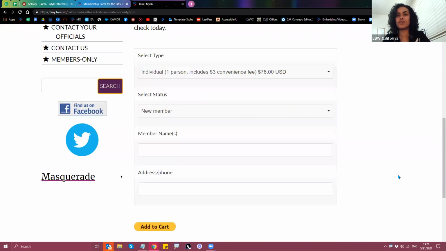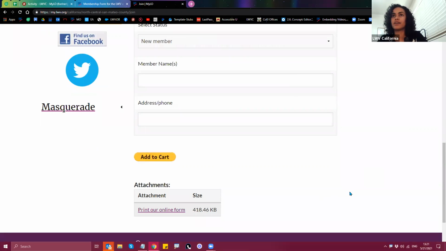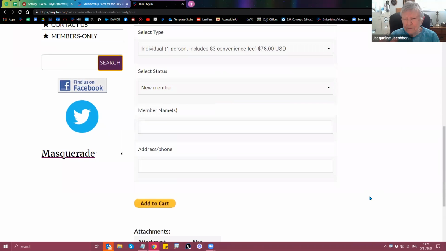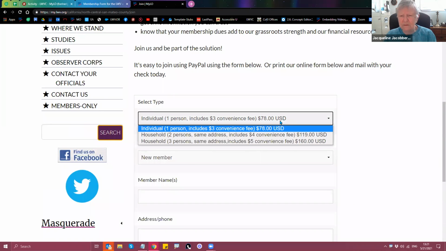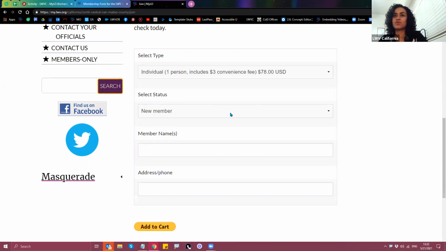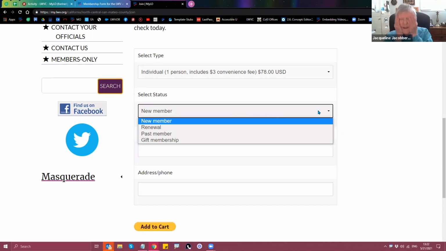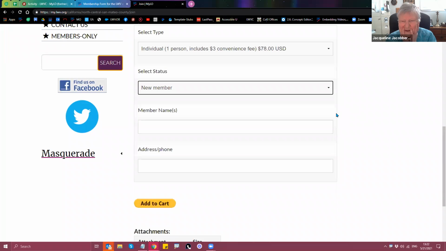Okay, so we have on the North Central San Mateo County the form of PayPal. Oh, awesome. And then the printable form as well. Up there on the type, I think the type has a drop down for different things. Oh, yeah. Different types of household, 2 or 3 versus the individual member. And I think when people add it to their cart, because we do have people add donations, so I don't know, I've forgotten how that